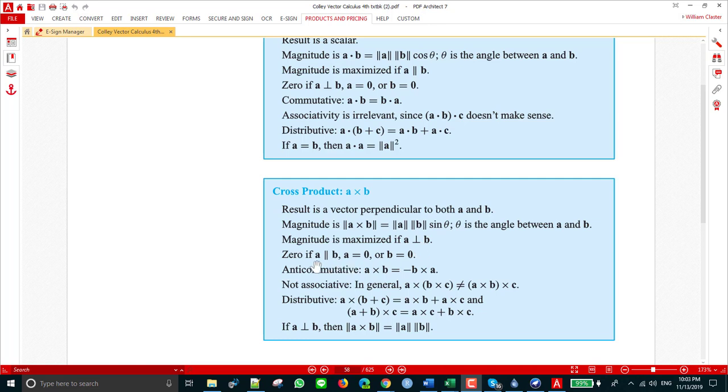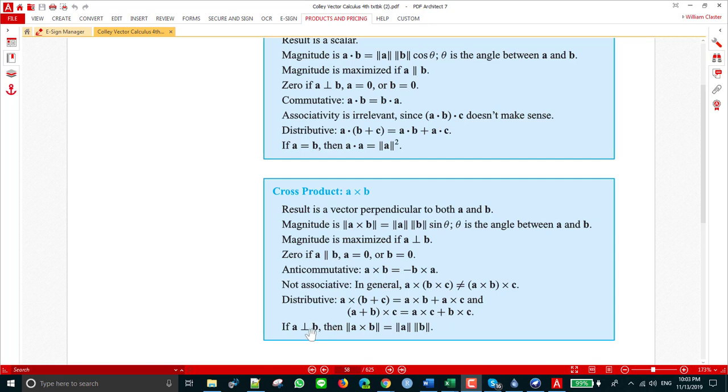It's 0 if they're parallel, because the sign of 0 is 0. It has this property called anti-commutativity. It's not associative, so you can't do A cross B cross C equals A cross B cross C. You can't do this. It has this kind of distributivity,